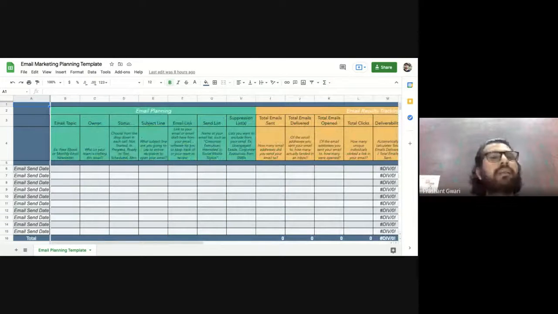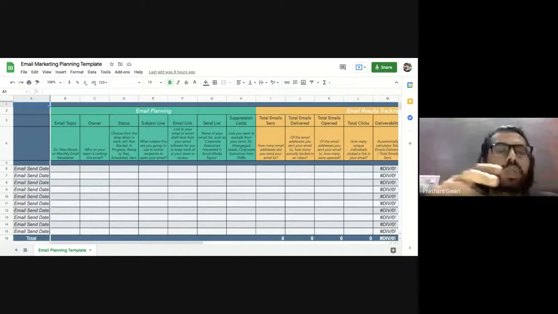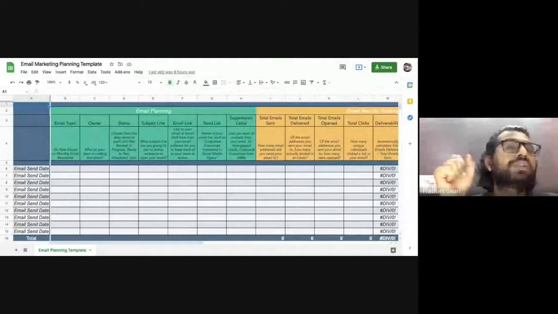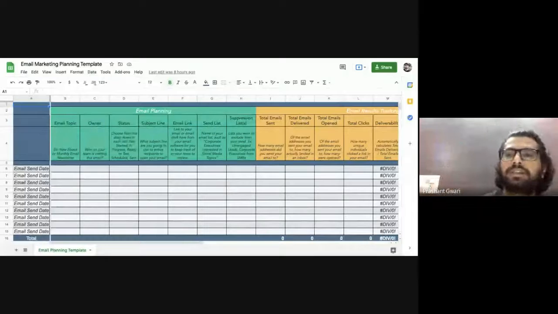So this is an email marketing planning template which you will use if you become an email marketing professional in the near future, or if you send an email marketing campaign. Because over the years or over the months, you will send lots of email marketing campaigns. So you need a proper system to analyze the metrics and success of your email marketing campaigns. And you can use an Excel sheet or a spreadsheet to create that kind of template format for your email marketing strategy. So that's all about the email marketing campaign theoretically.